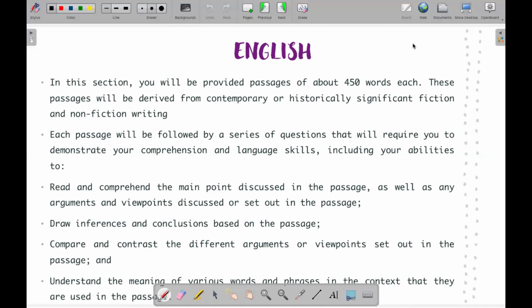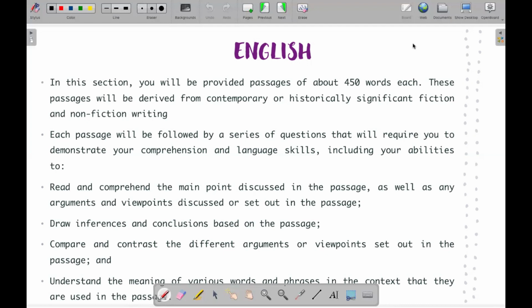Now, to solve these passages, first of all, you need to have great reading speed. You need to have good comprehension and language skills. So even if they don't directly ask you vocabulary questions or grammar questions, you should be good at that so that you can actually understand the passage easily. And you don't have to waste a lot of time just trying to figure out what it is that the author is trying to say. So your reading comprehension has to be your main focus in the time that you're preparing for CLAT.